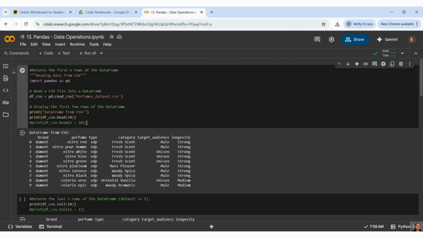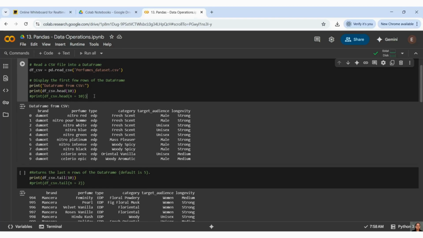At the same time, you can give your input in this way as well, like n equal to 10. Instead of 10, there is another way of giving input to head, which is n equal to 10. Right now I am commenting it out. I thought of showing you, so I have kept it commented. This is another way of giving input.